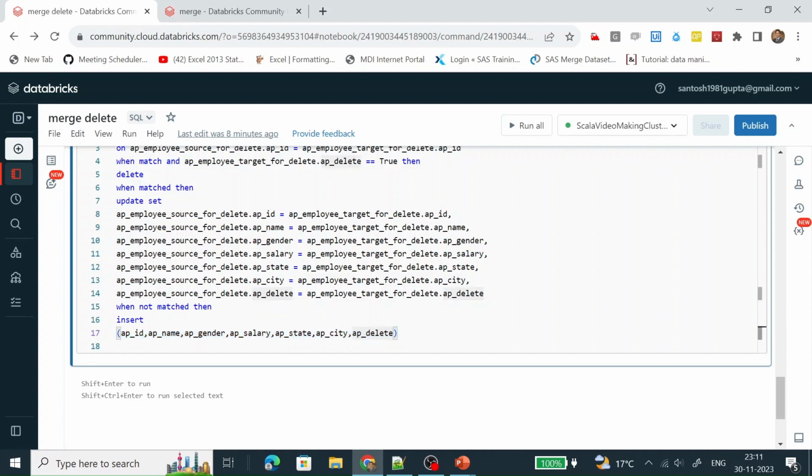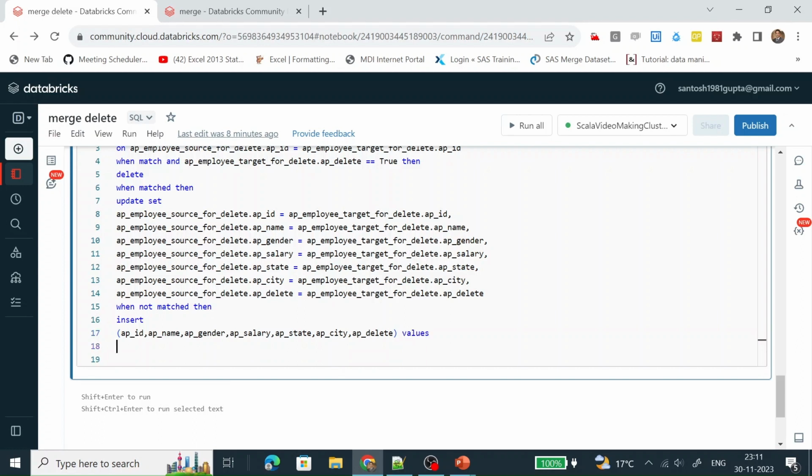Control C, and the value would be this one. Let me format it.